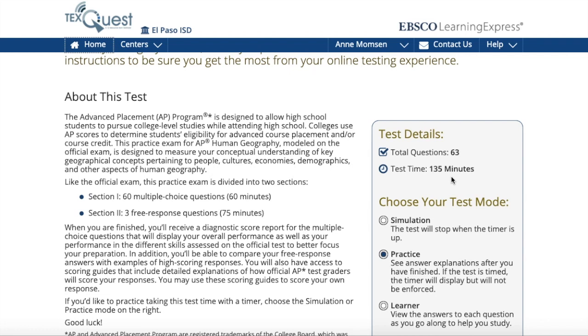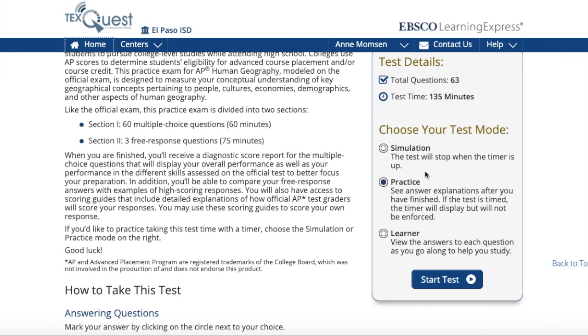So this is good because it helps you with time management to see how fast or how slow you're working on the test, so that you can practice time management for the test. I would highly recommend that you practice here, not simulation and not learner, but practice, so that you can see your right and wrong answers, and also how much time you're spending on the test. Okay, so I'm going to click Start Test,